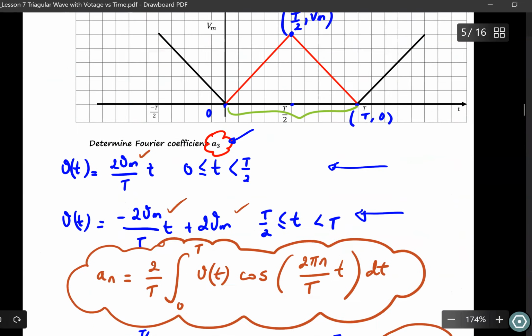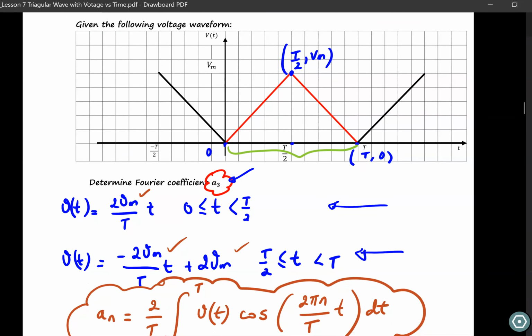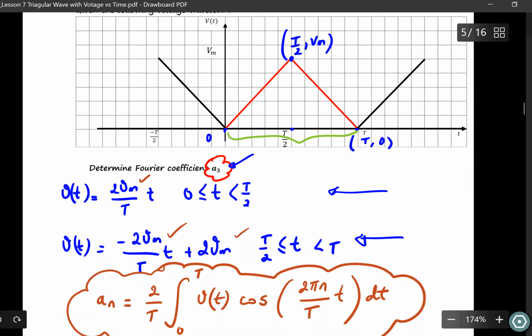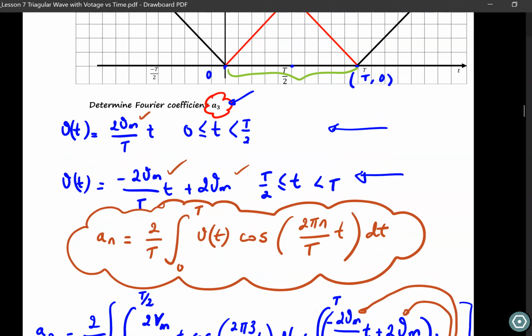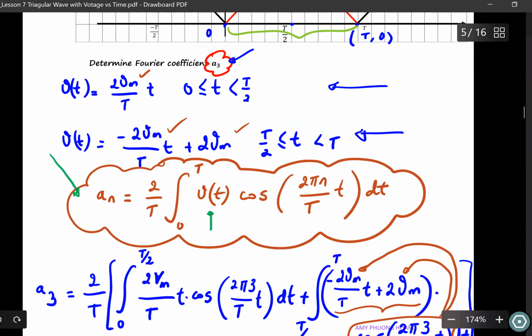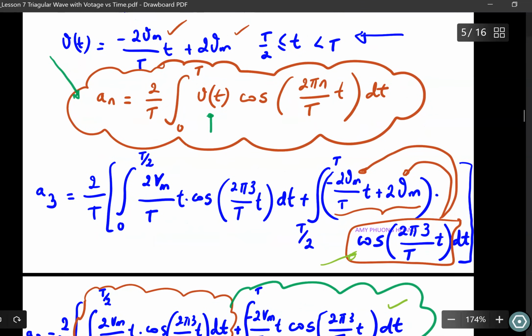So for this triangular waveform, what we need to find is the Fourier coefficient A3. And to find A3, we have to get the formula for An. And for An, what we have is v(t), and we have to involve all the intervals that we work with. Okay, so therefore, we are having this integral,